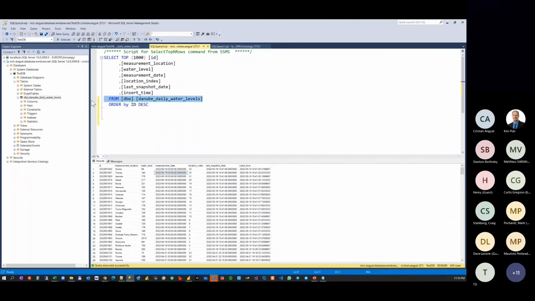Let's delete that from this one. Let's select and check the condition where last snapshot date equals today,